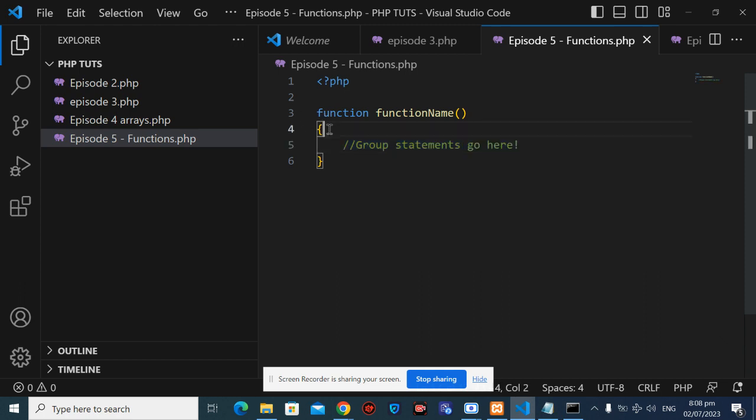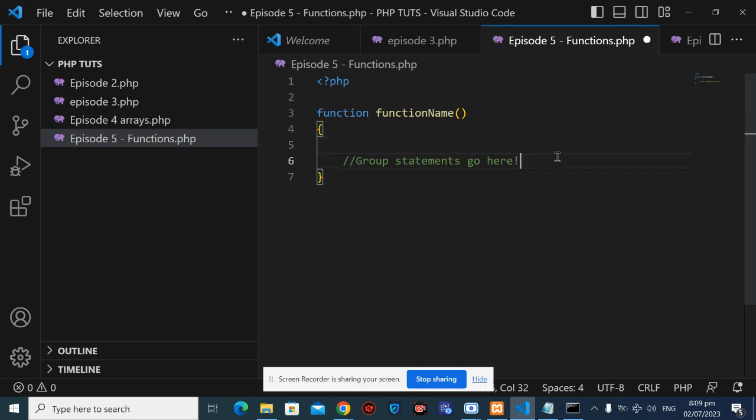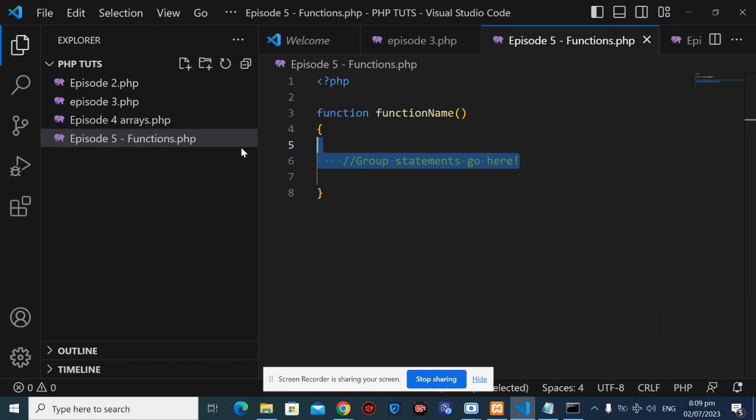So when we say a group of codes or a collection of codes to perform a specific purpose, these are the codes that we write in between the curly braces here. So this is what we're talking about. We can add as much as we can. So we're going to start with the first function here, and I'm just going to name it